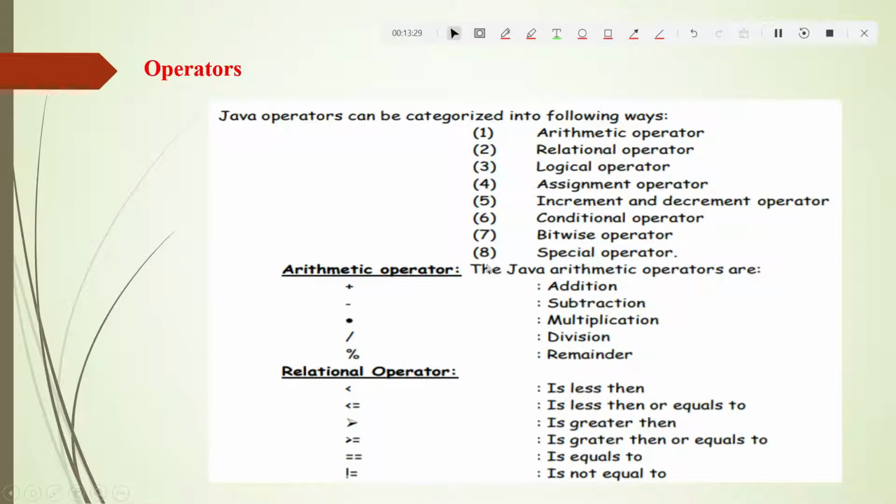So the next type of operator is the relational operator. Here we just do the comparisons. Whenever we do a comparison, we use the relational operators. You have 6 relational operators: less than, less than or equal to, greater than, greater than or equal to, equal to, which is double equal,